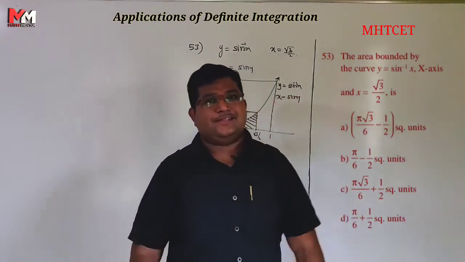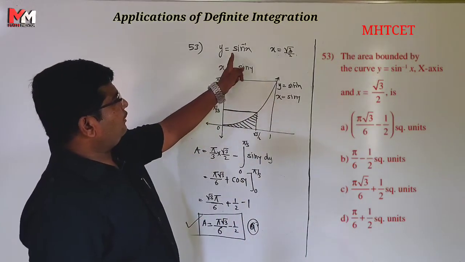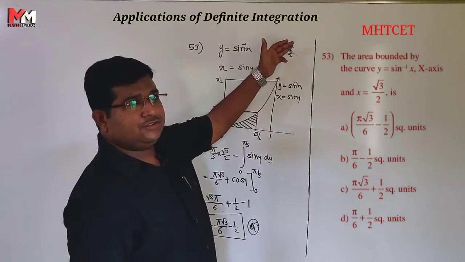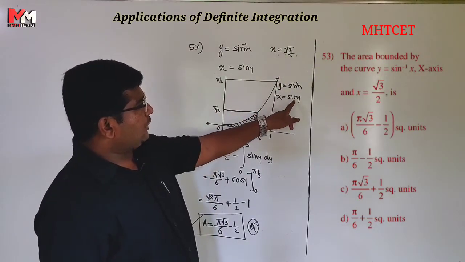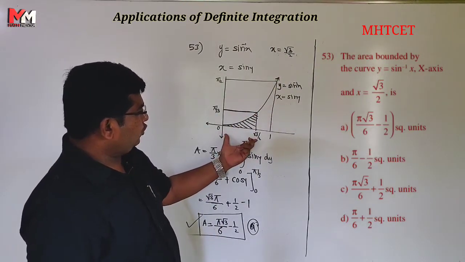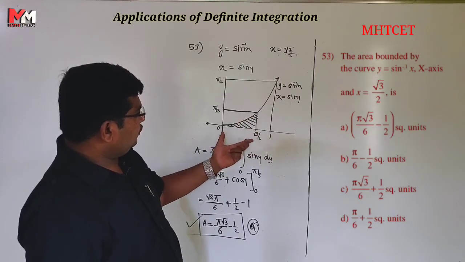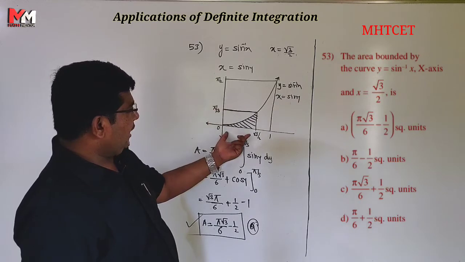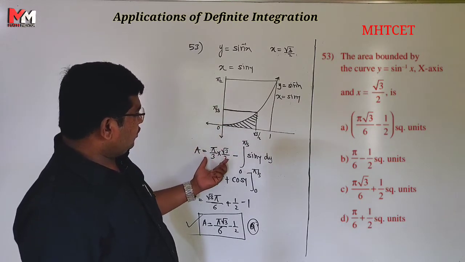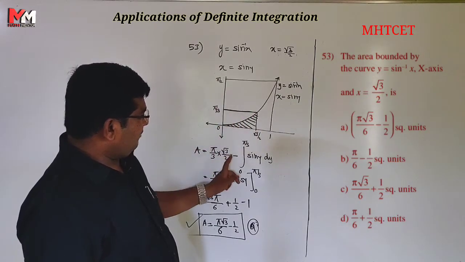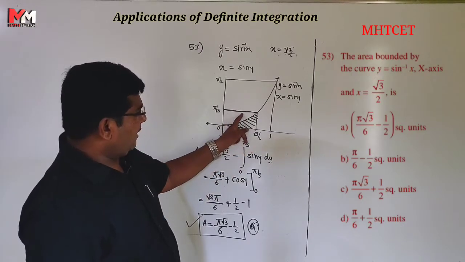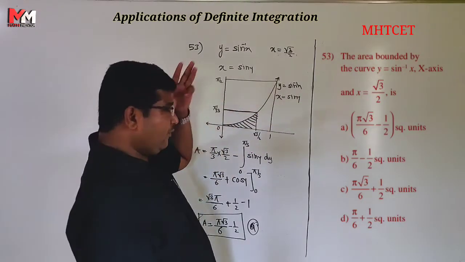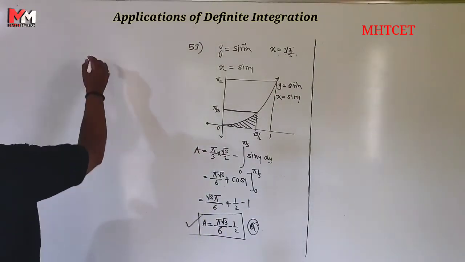So this is a simple example. We have to find the area bounded by the curve y is equal to sin inverse x. So this is the graph of sin inverse x, right. We write it as x is equal to sin y, and we have to find from 0 to √3/2. So this distance is √3/2 and this distance is π/3, this is the length and this is the width. So area of rectangle minus this shaded portion, this blank portion is below this curve, x is equal to sin y. OK, so same, number 54.